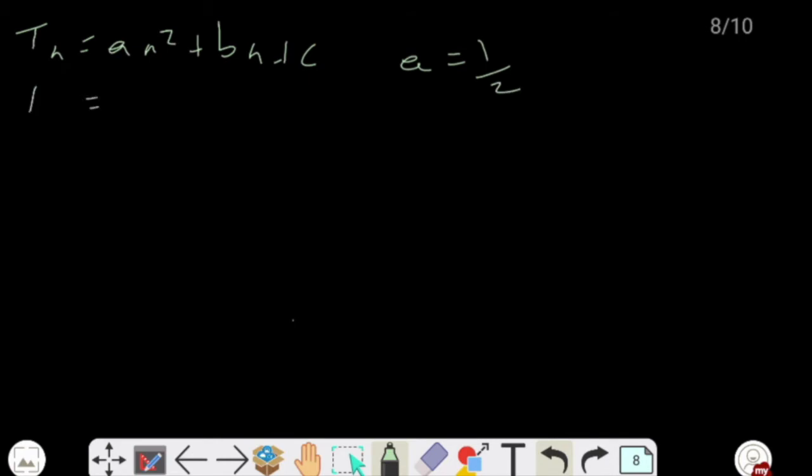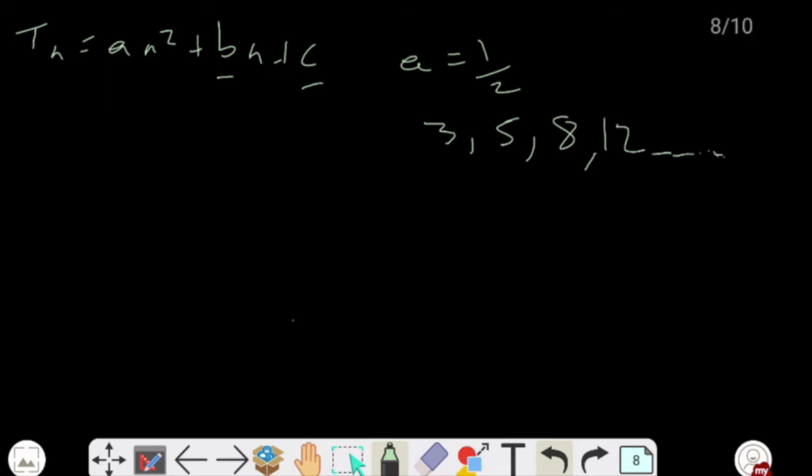They're asking us to find T26, but before that we need to find what b is and what c is. How do we do that? In our sequence, which is 3, 5, 8 and 12,